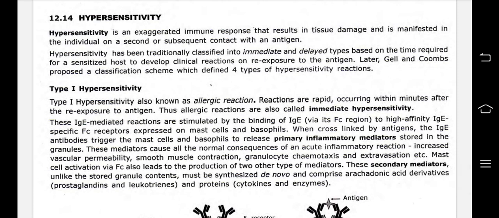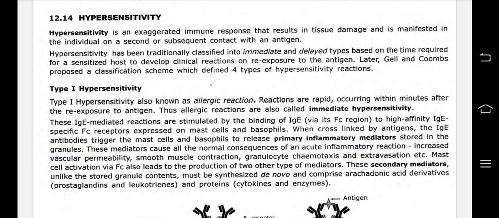Type 1 hypersensitivity, also known as allergic reactions. Reactions are rapid, occurring within minutes after the re-exposure to antigen. Thus, allergic reactions are also called immediate hypersensitivity. These IgE-mediated reactions are